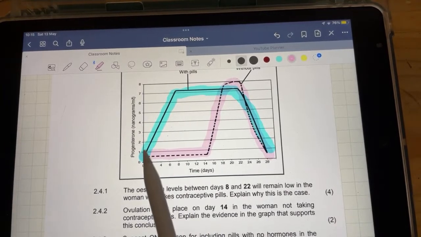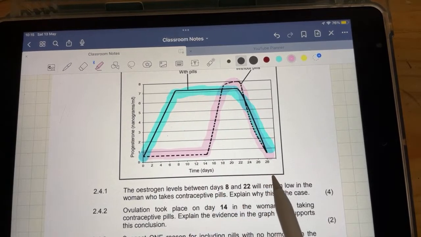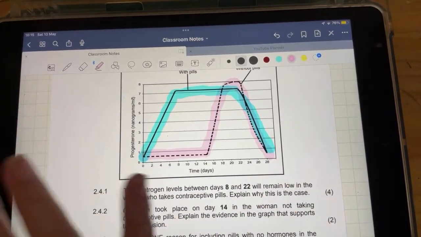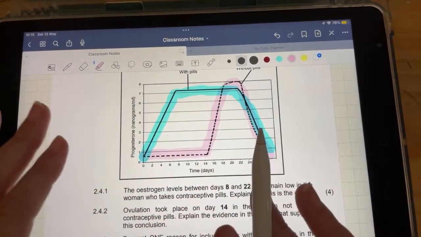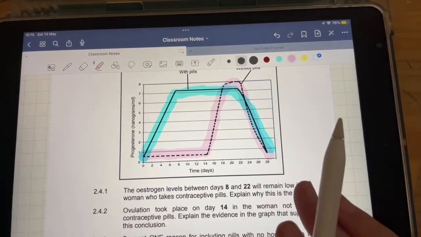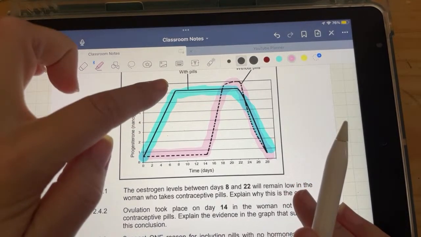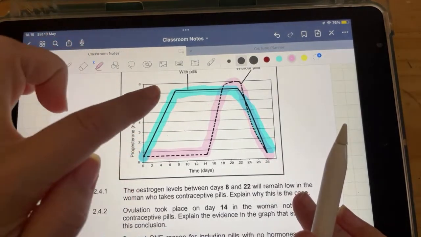If you take progesterone pills, your progesterone level peaks, remains stable, and then drops off. That is because you want to prevent pregnancy. Remember, you can't be pregnant if you're already pregnant. I mean, so you can't get pregnant, and that's how the contraceptive pill works. Progesterone maintains a pregnancy, right? So if you keep the level high, you fool your body into believing you're pregnant. Therefore, you cannot fall pregnant.